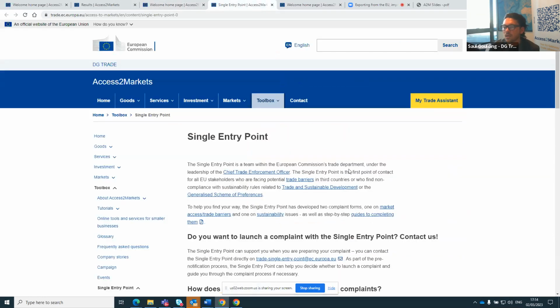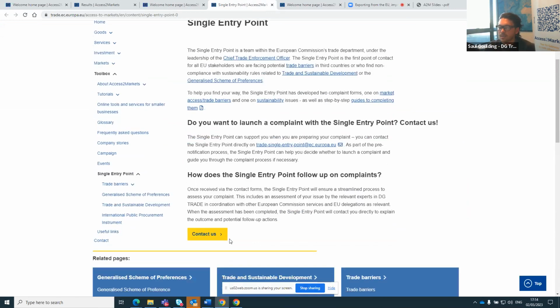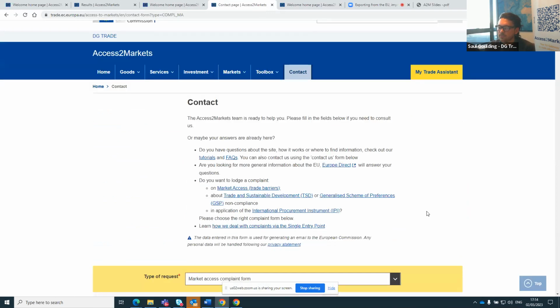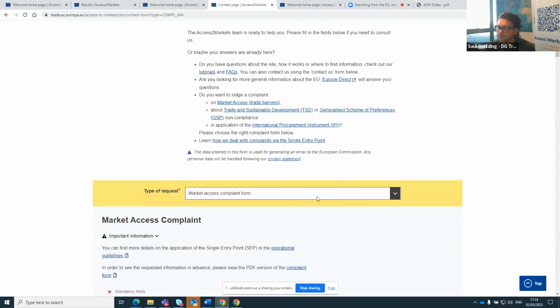But before I do that, we also have our single entry point, which some of you may be aware of. It's how to launch a complaint, and it's the first point of contact in our Directorate General. You do that through the contact page here.